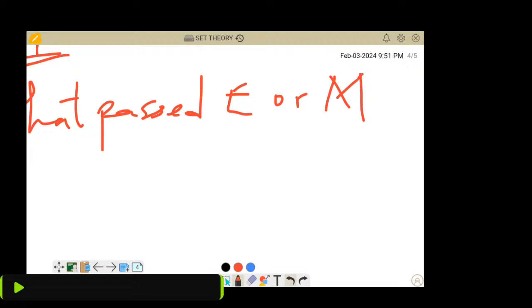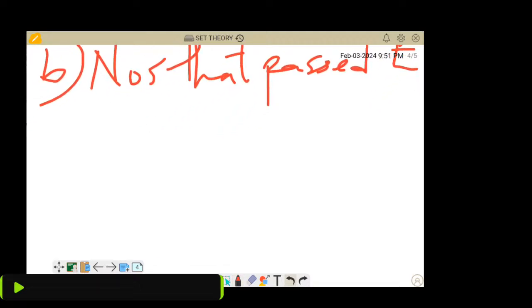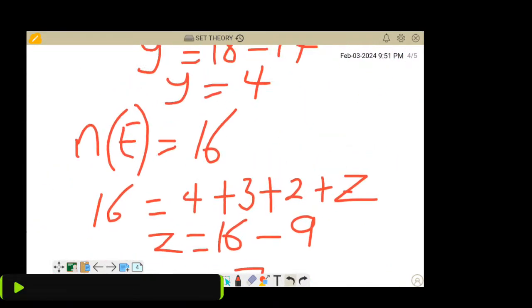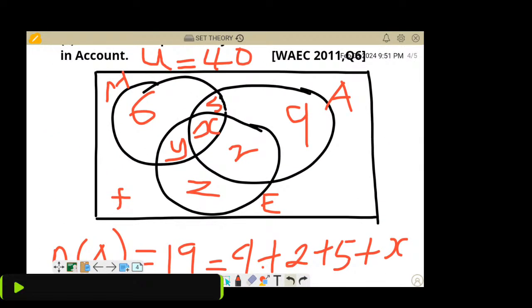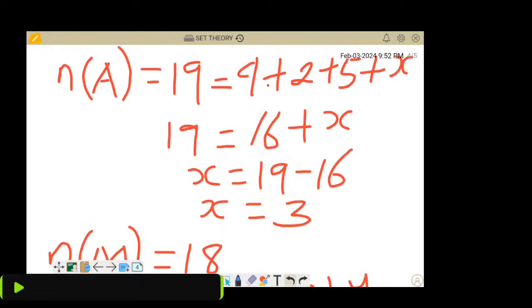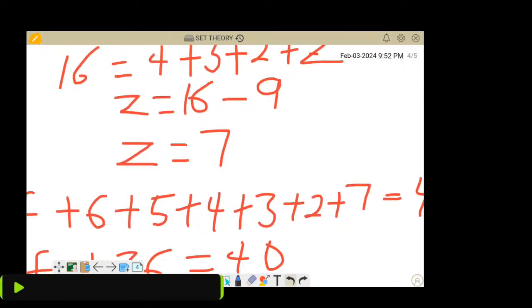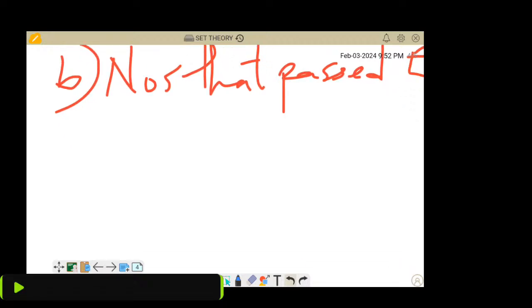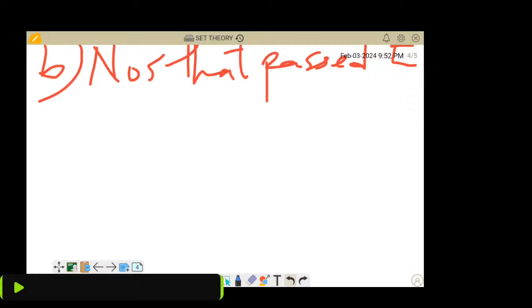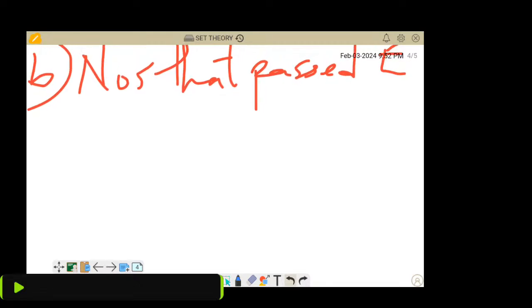If you go back to the Venn diagram, we are going to see that the number that passed economics or mathematics are in this region, so we can easily pick all those numbers and add them together, subtract them from the total number, which is our universal set. Okay, so number that passed economics or mathematics,